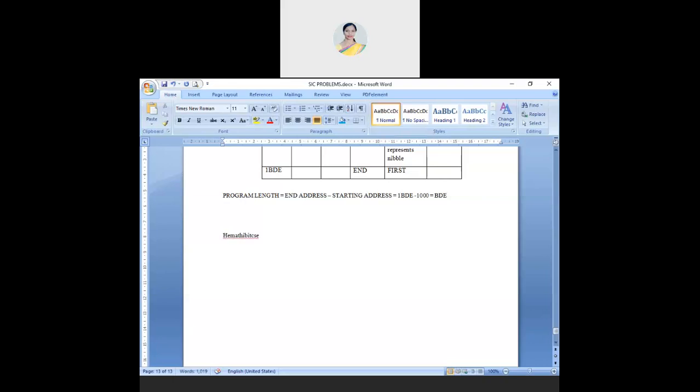Under BIT CSE, under 2019-20, E1, under this block, you have the SS and CD notes. I have updated this. Okay, fine.